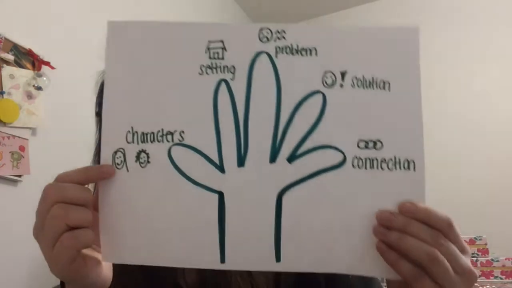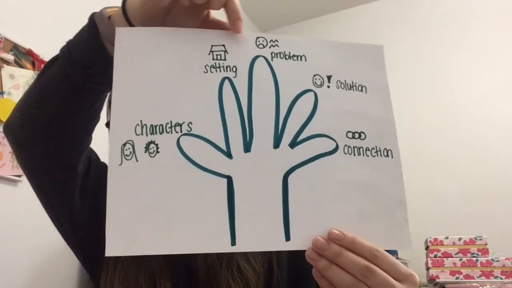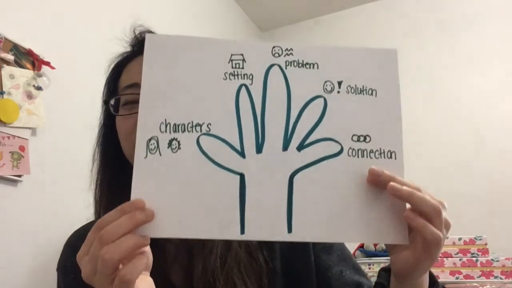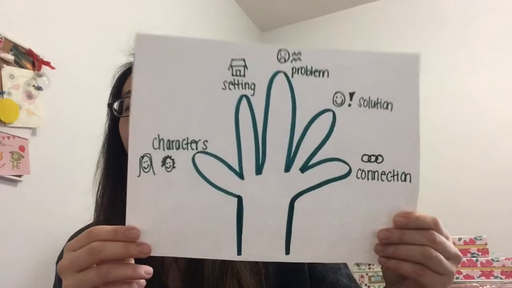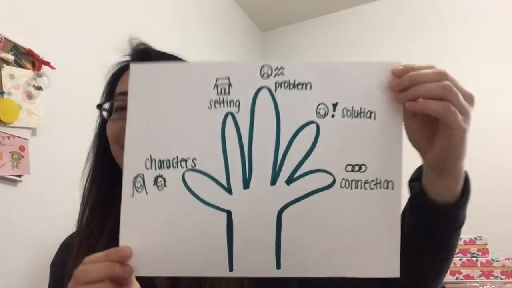So remember, whenever you're reading your fiction books that tell a story, strong readers are able to retell what happened in the story, saying who the characters are, what the setting of the story is, what the problem is, the solution of the problem, how the problem got solved, and finding a connection that they have with the book. Okay, so when you go off to read on Raz Kids and read a fiction book, remember a storybook, after reading, be sure to retell what happened in the story. Okay, have fun reading.